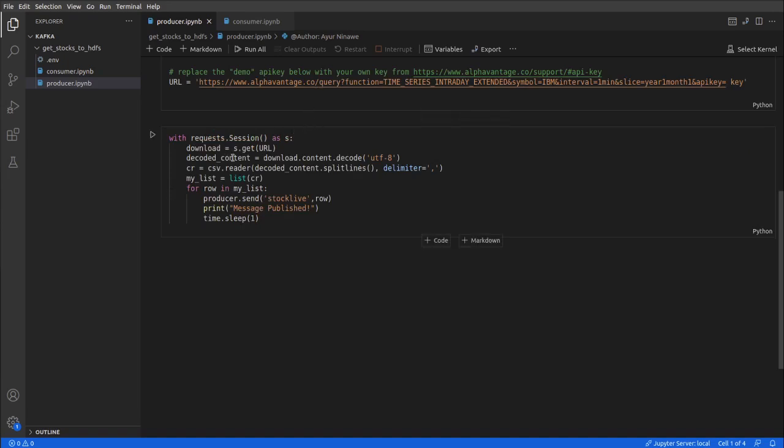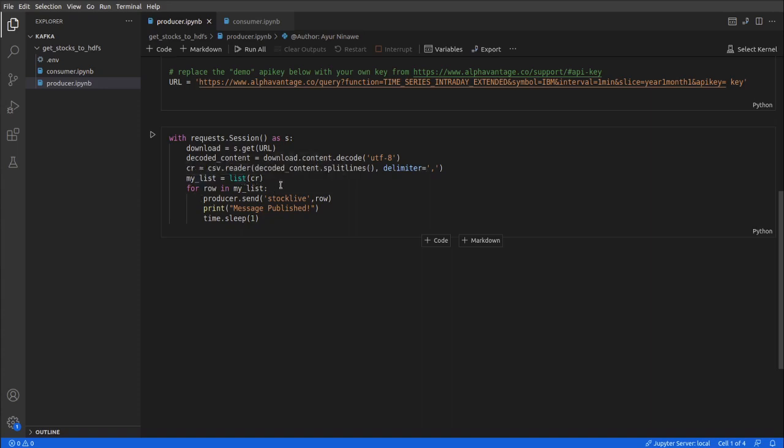We use this URL to get the data, and then we decode the content with download.content.decode, and give it to csv.reader with the delimiter as comma.